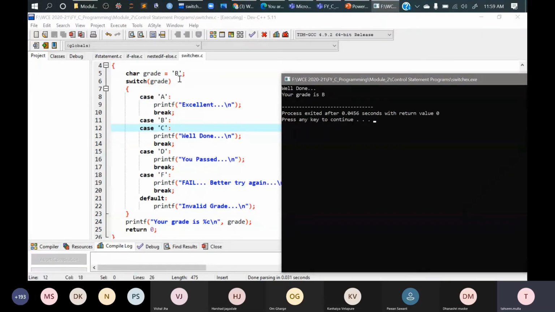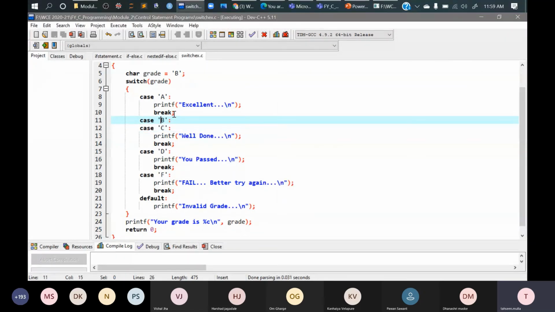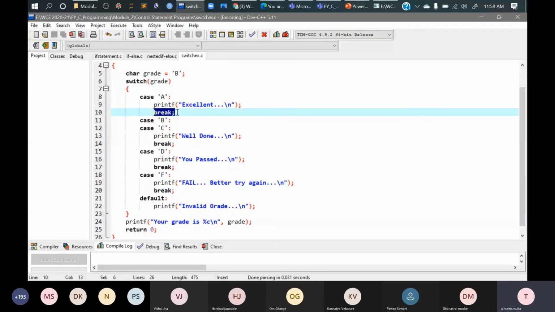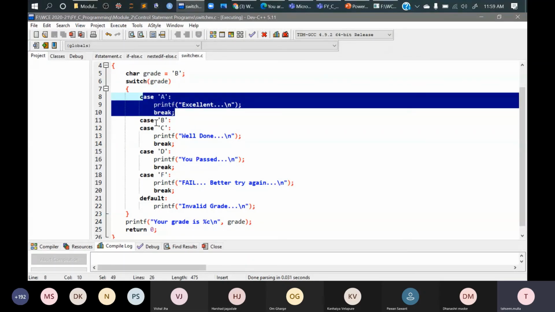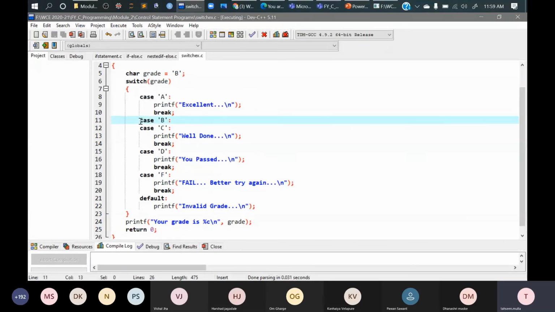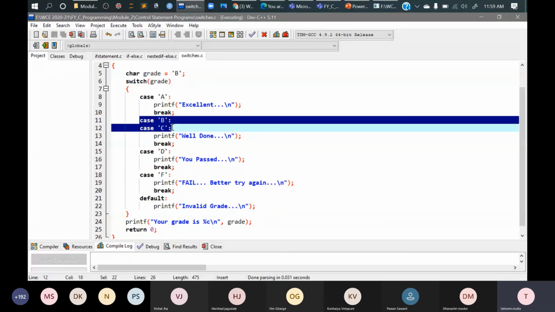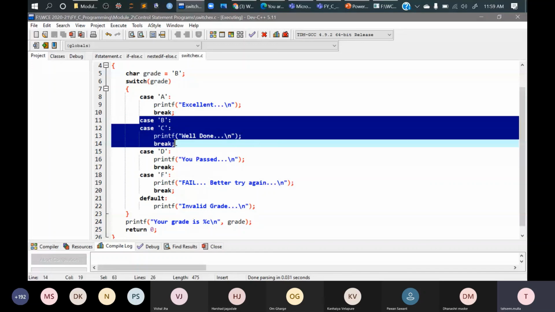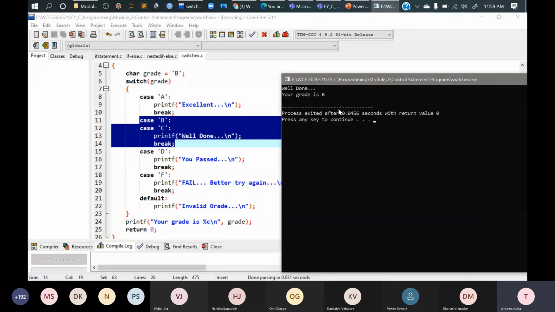So if the B grade is here, you will not be getting anything of its own, but other than this, you get well done because I have not used a break statement over here. What will the break statement do? It will close this case. In this condition, I have only opened the case and parallelly joined another case as case C and then put up a break over here. So to be considered in this way.